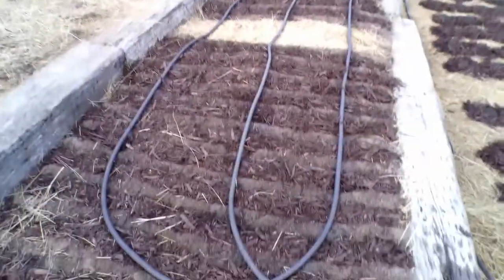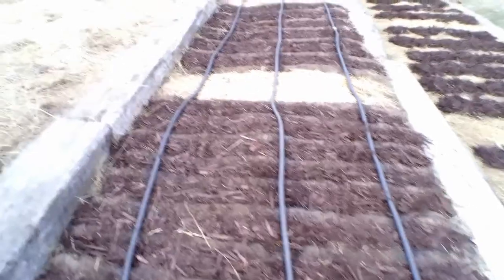Unfortunately, the root vegetables didn't do very well. I tried putting a layer of topsoil on the straw, and the root vegetables just couldn't grow through the straw. It just didn't work out. I really should have dug a hole through the straw and the sand and filled that. And I did that in future plantings, and it's worked a lot better. But for the root vegetables, my first try, they didn't do very well. After the last frost date, I put in seeds for the green beans,